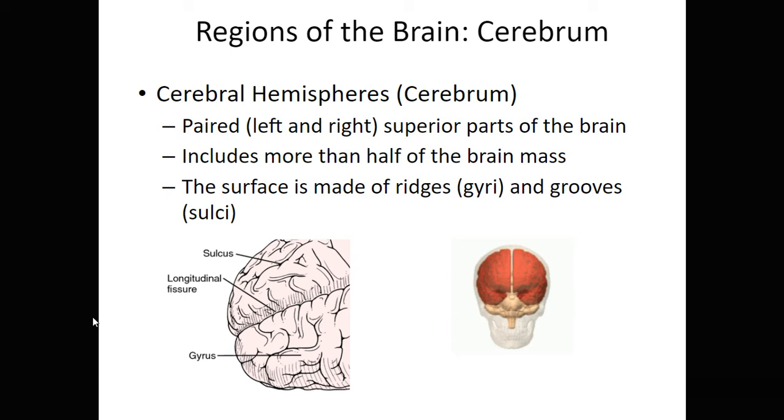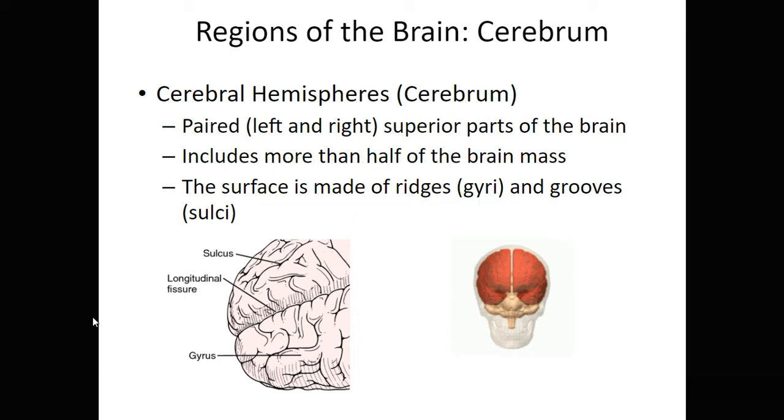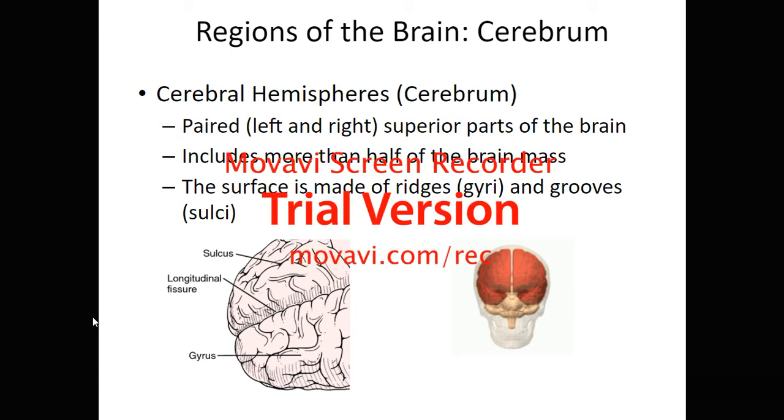It's going to be certain sulci that will be used to divide the frontal lobe from the parietal lobe, and so forth and so on. So those are natural ridges and grooves that are present in the brain, and they are used as ways to further divide the brain up into lobes. But if you just look at the right and left parts of the brain, the superior parts of the brain, you can break that into right and left easily by this